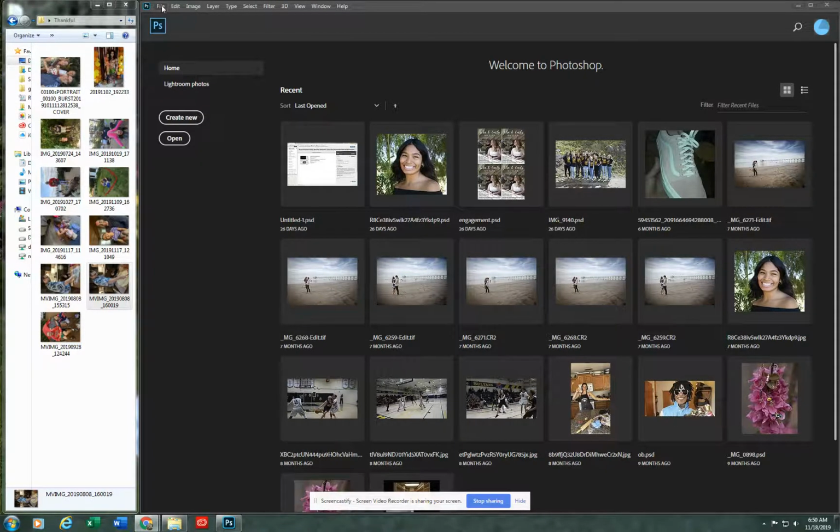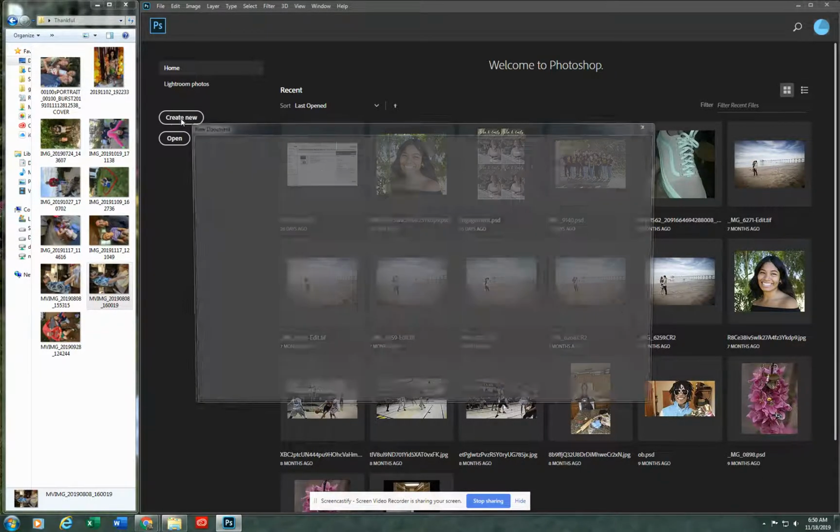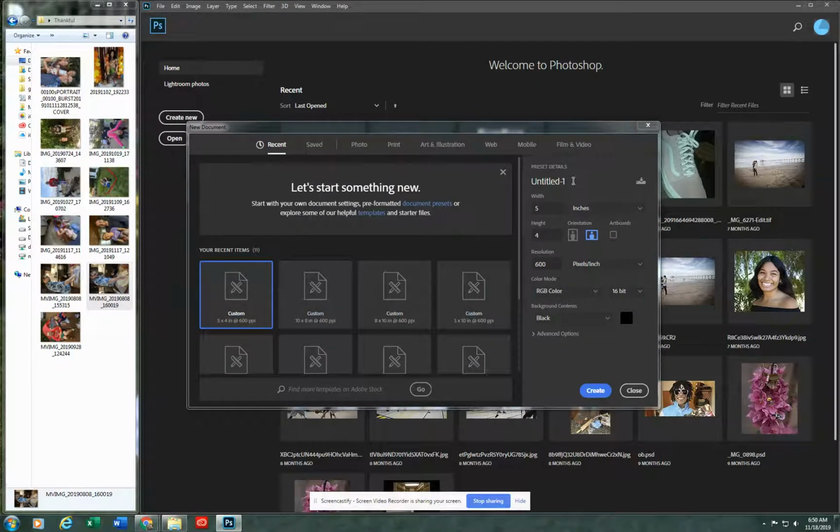So, first thing we are going to do is I opened up Photoshop and I opened up the images I'm interested in using. So, I'm going to go here to where it says Create New. And I'm going to click on the box and I'm going to rename it. So this is a thank you. Actually, let's do Maligne thank you